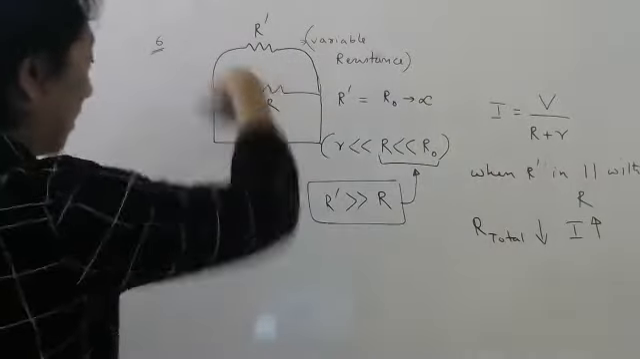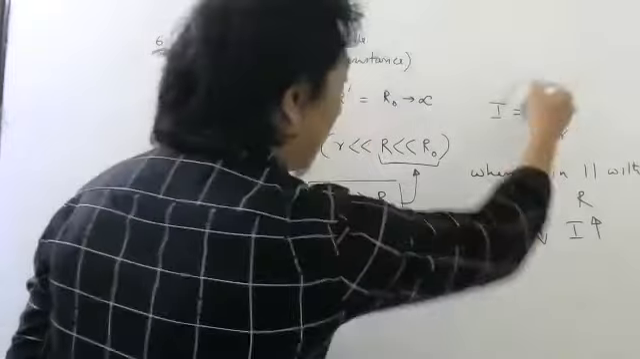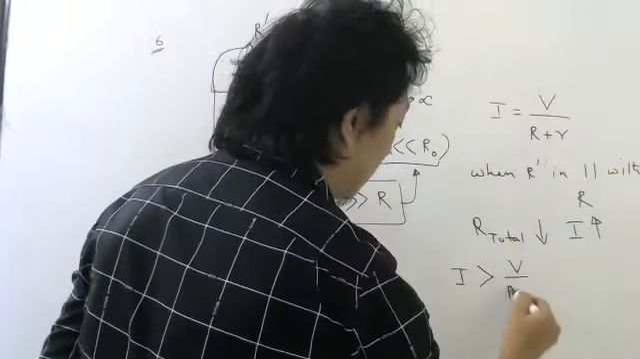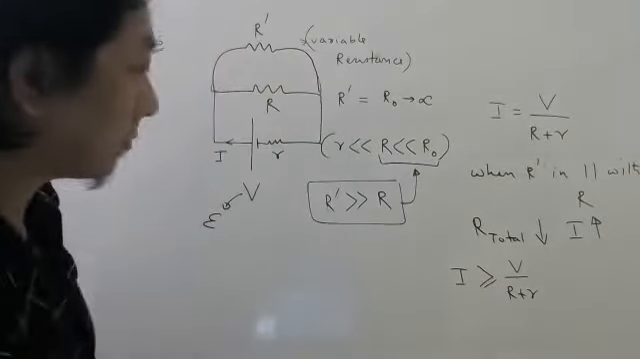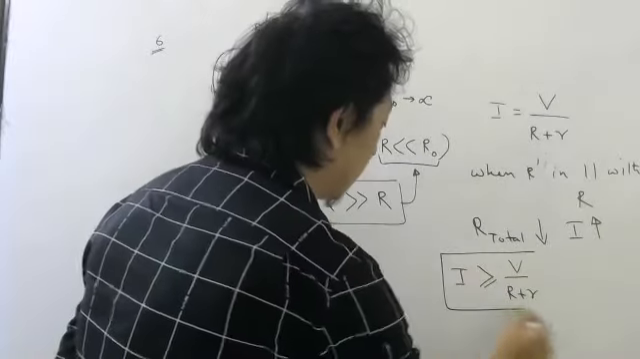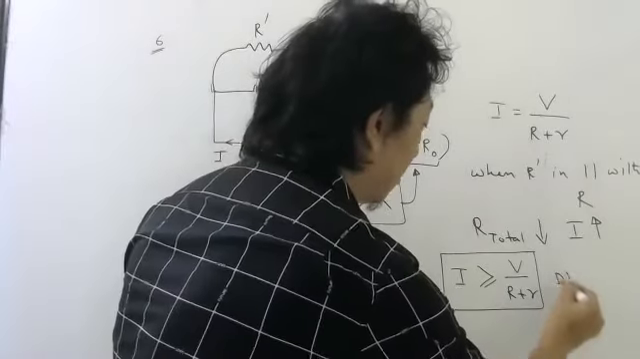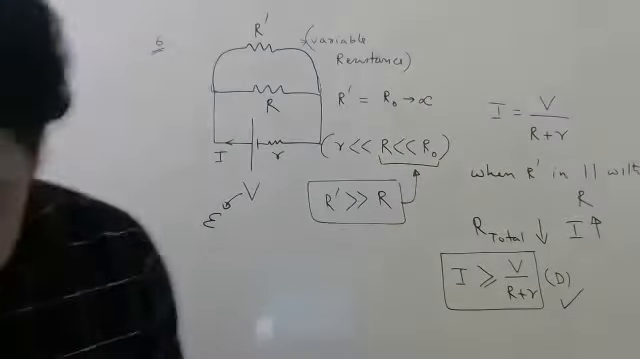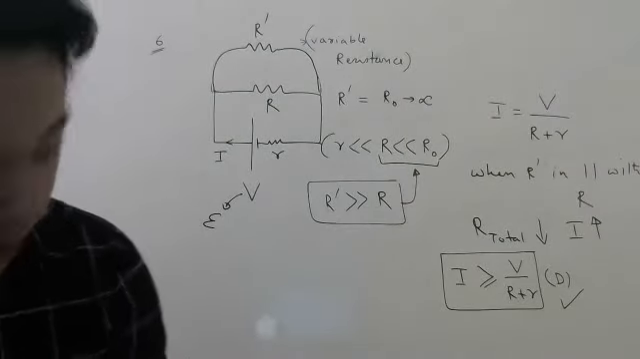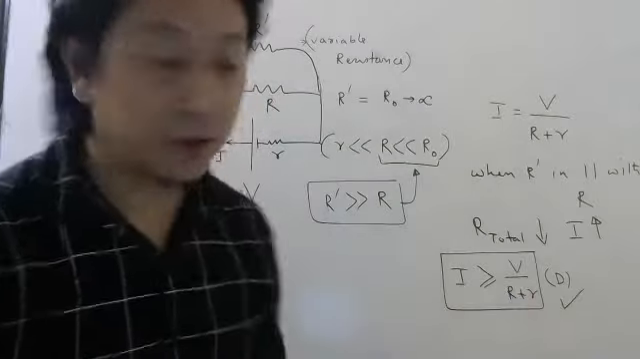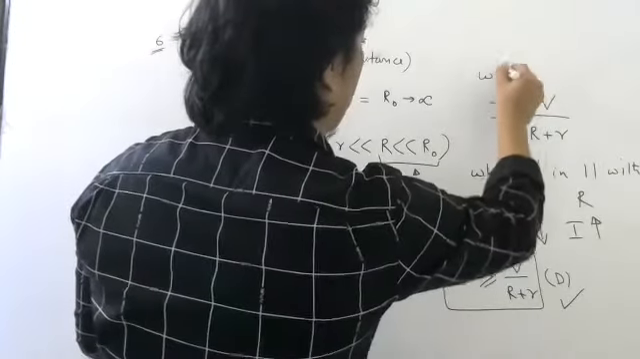So in this circuit, whatever is the main current, that current will be greater than this. It may be equal only when this is 0. So option D is immediately correct. Option D is immediately correct. Right? Option D, you can check, is immediately correct. So this will be always true, because without R dash, this is without R dash,